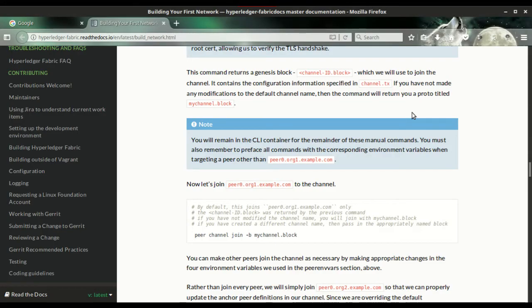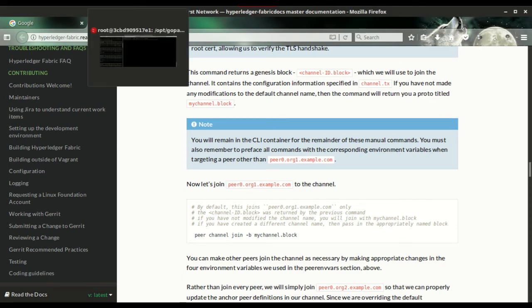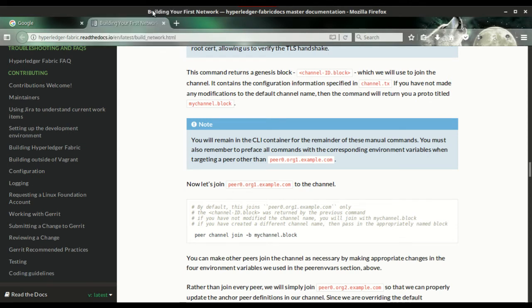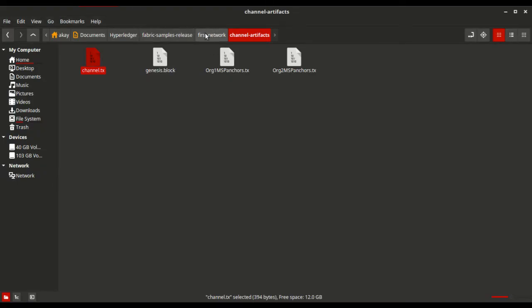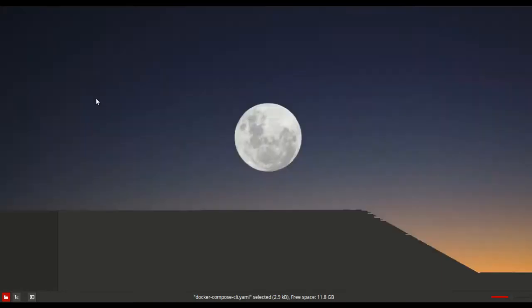So by default, each transaction that we are executing inside the CLI container is executed by the peer 0 of organization 1. It is because we have defined the global variables and the environmental variables inside the Docker compose file. So if we move to the Docker compose file,